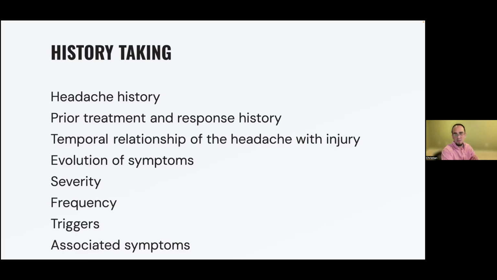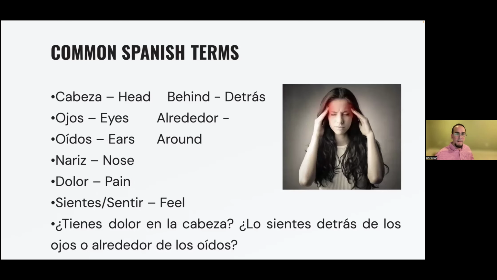And that's where we get into the triggers. Is the trigger an exposure to certain things? Is the trigger more a substance that they're using, like medications or caffeine or any specific foods? And then any other associated symptoms like loss of consciousness, dizziness, vertigo, depression, or mood lability. So those will be very important to add into the history taking of this patient population.